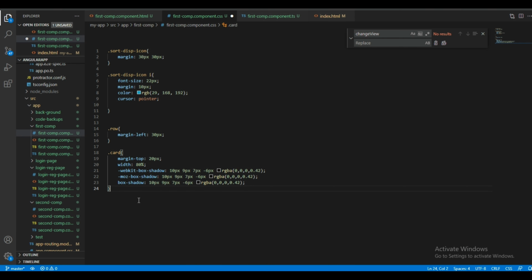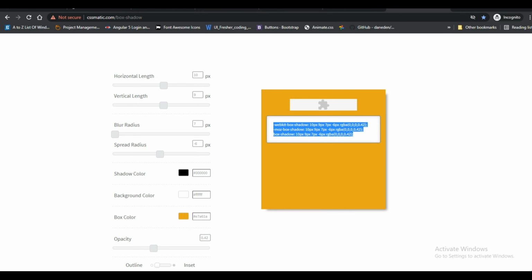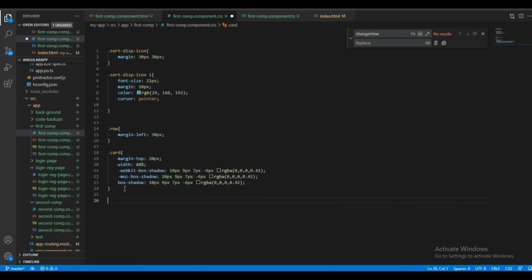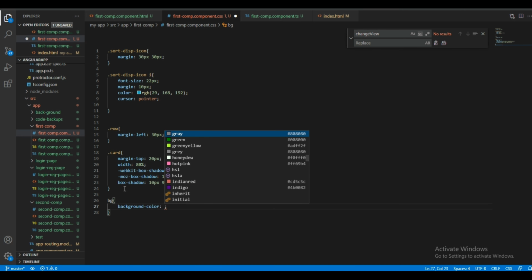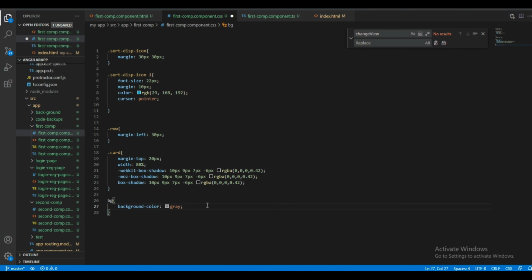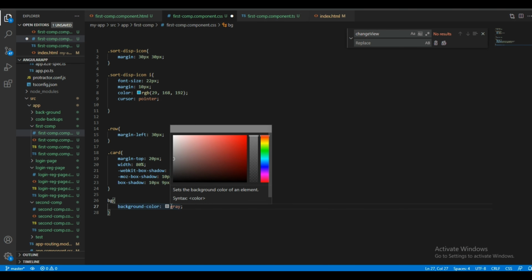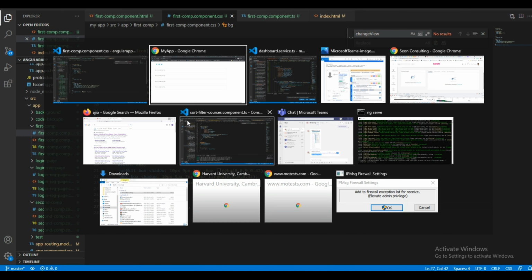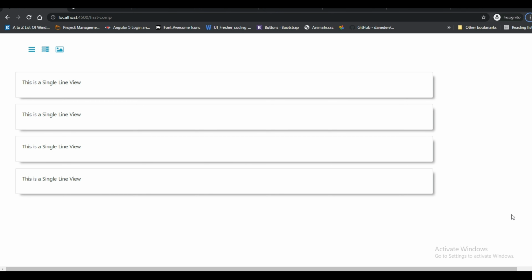Then again, it is purely white, so I will change the color to BG, background color gray, and I don't want it to be fully gray, and should not be fully white, so you give like this. I will save this, check.